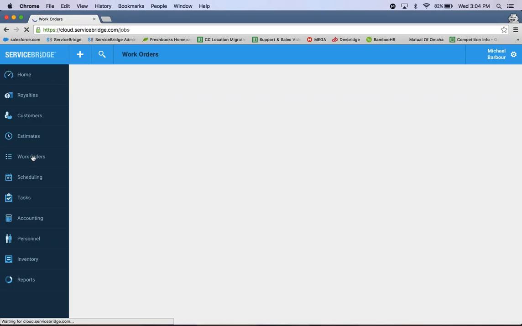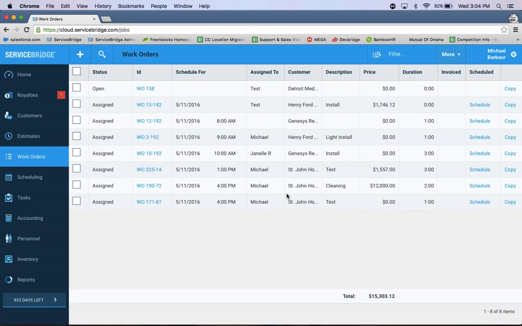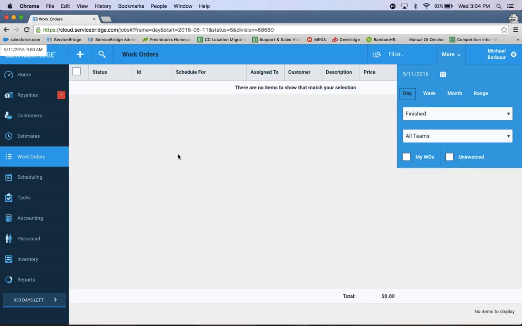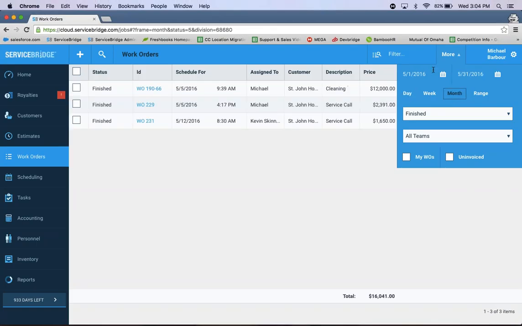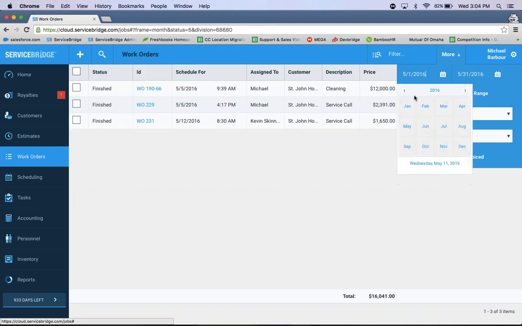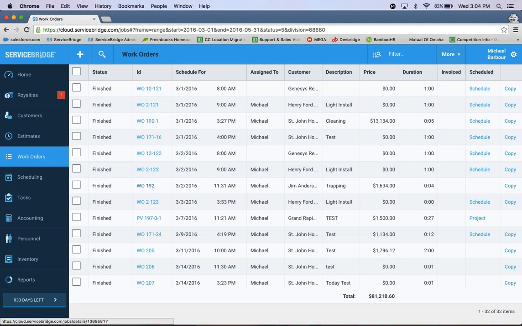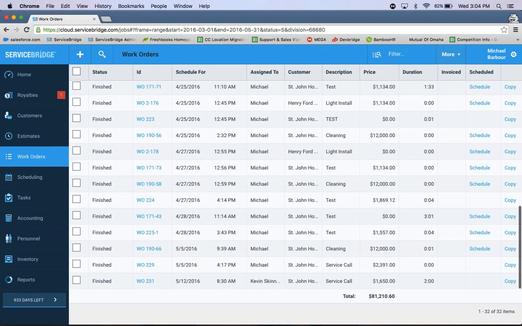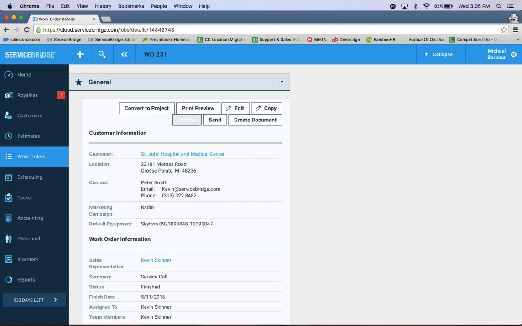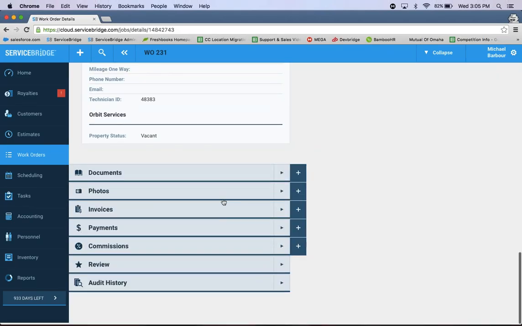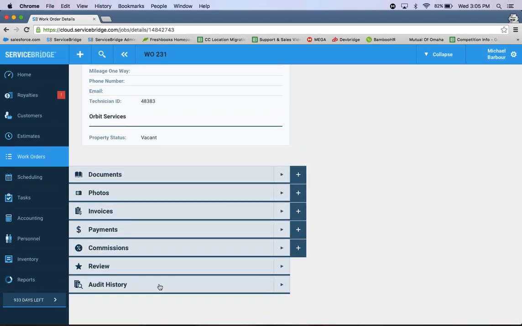So what you want to do is just go into any work order that you have, and let's try to find one that has a lot of data. Let's find one that's finished, from a month or two ago, so let's put March 1st. I believe I'm looking for work order 231. Perfect. I will pull this one up. It's been finished already. As you might have seen with the payment audit logs, if I go down to the very bottom row here, audit history.